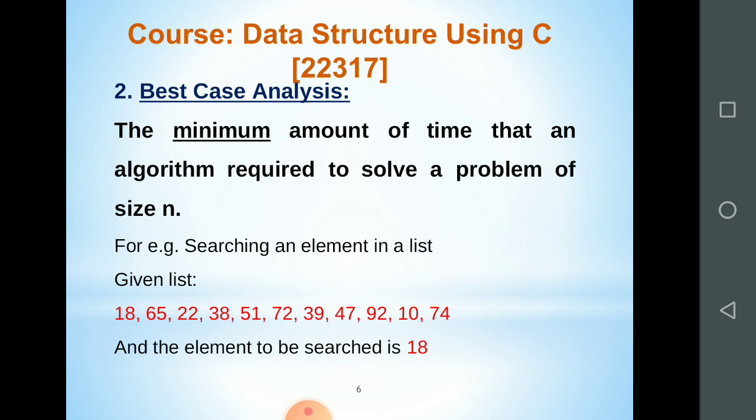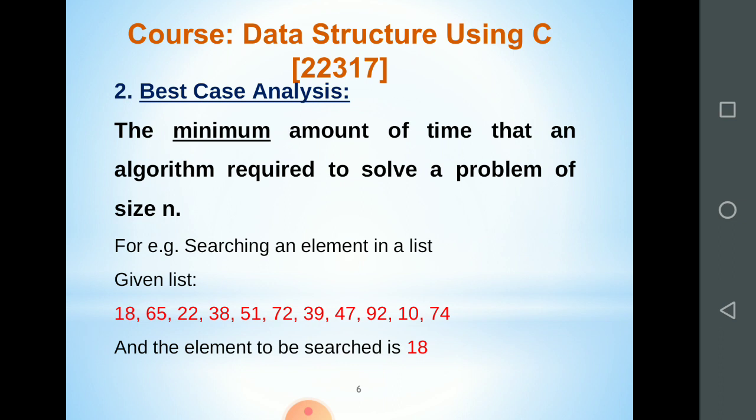Again, we are searching for an element in the list. The list is the same, and the element is 18. So where do we find the element? When we go through the list, we will find the element 18 at the first position. We don't have to go through the entire list then. When we start with the array, the first element is 18.